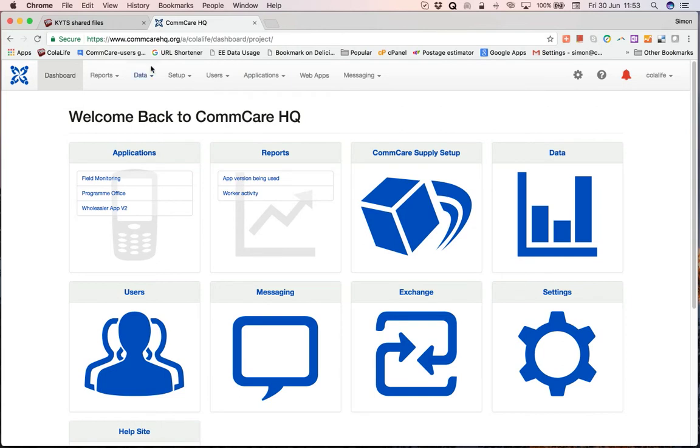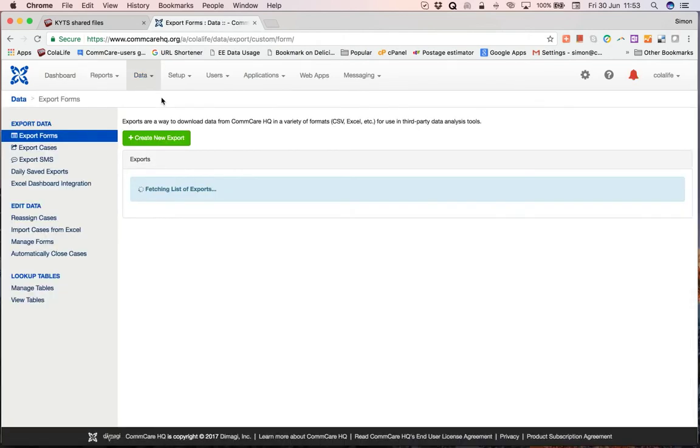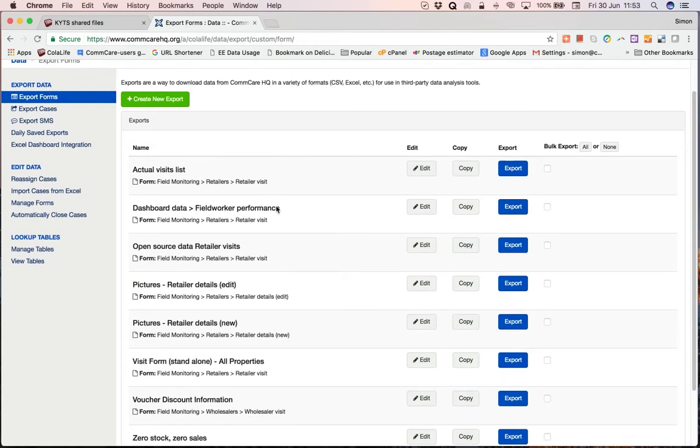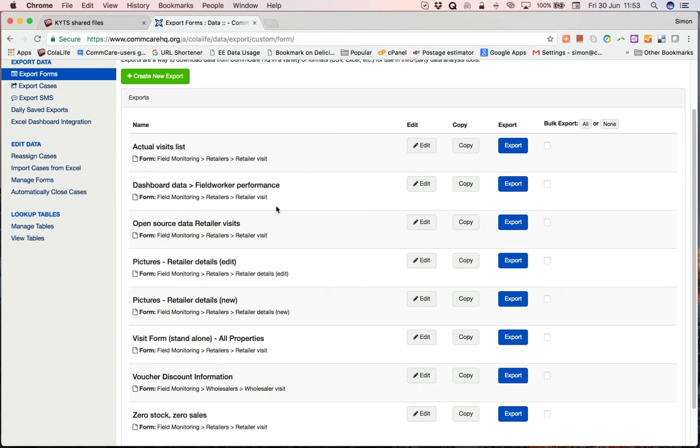We need to go to the data area, and we need to export forms, not cases, forms. So we export forms, and this will display all the different exports that have already been defined. This is the one we want, Dashboard Data, Fieldworker Performance. So we click on the Export button,